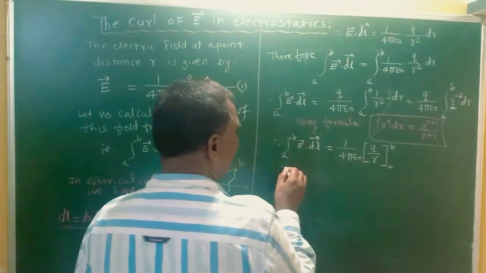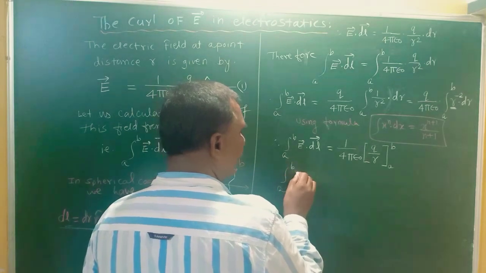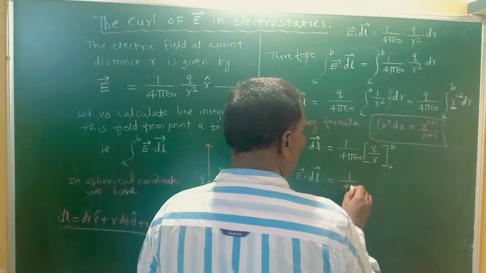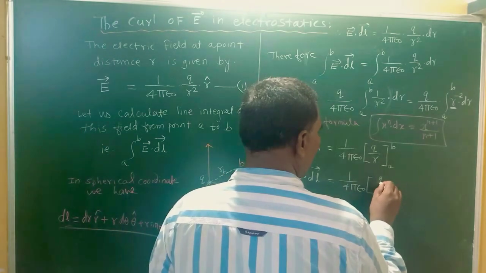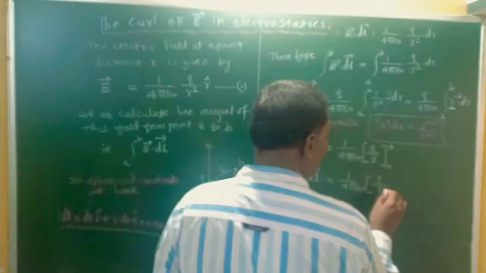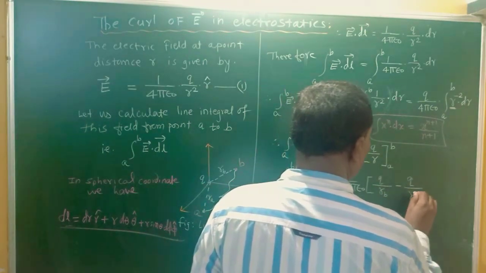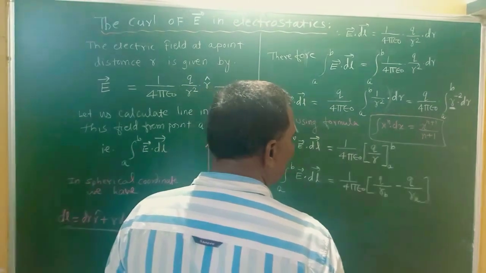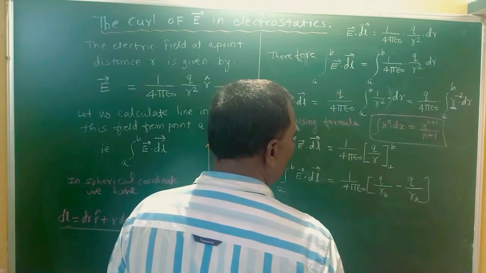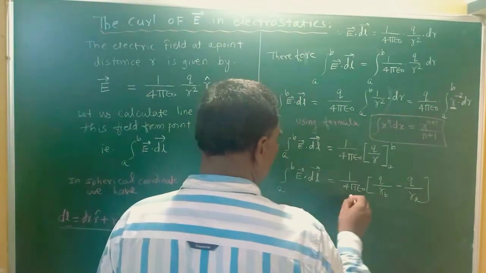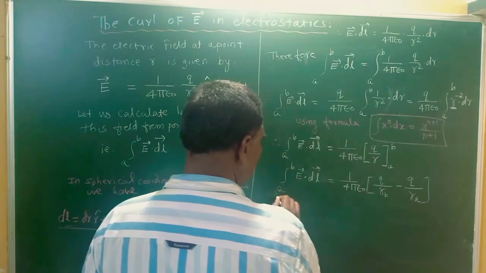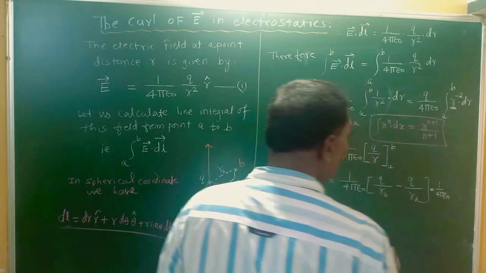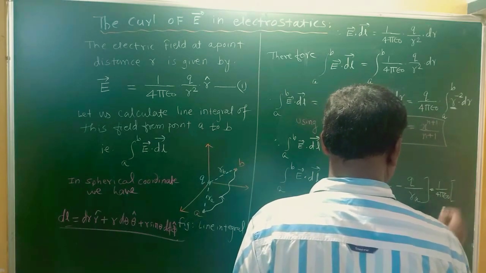It gets that the line integration from A to B of E bar dot dl bar is equal to 1 upon 4 pi epsilon naught into Q upon the first boundary, b, and second, Q upon a: upper boundary minus lower boundary. But basically we have to write rA minus rB. The upper boundary is b and the lower boundary is a, and this can be written as 1 upon 4 pi epsilon naught into Q upon